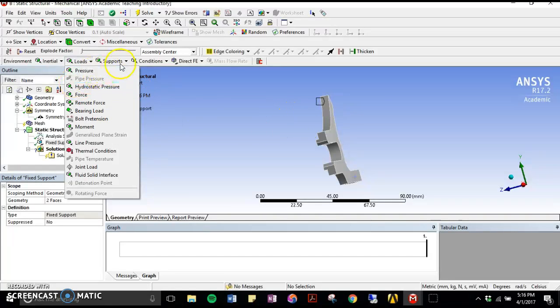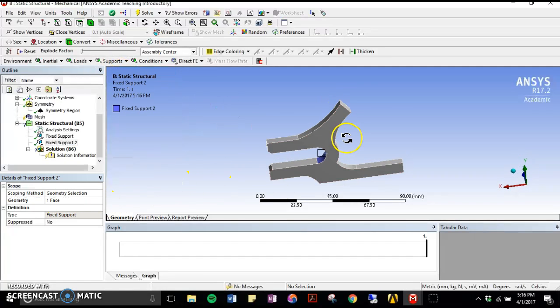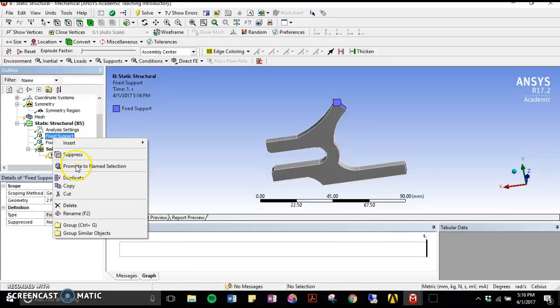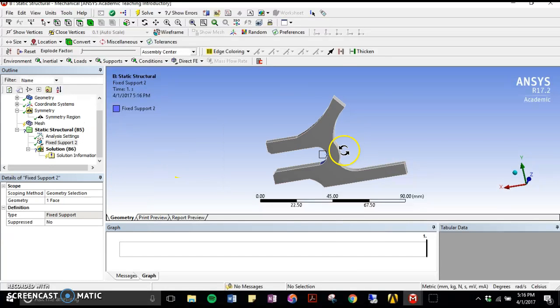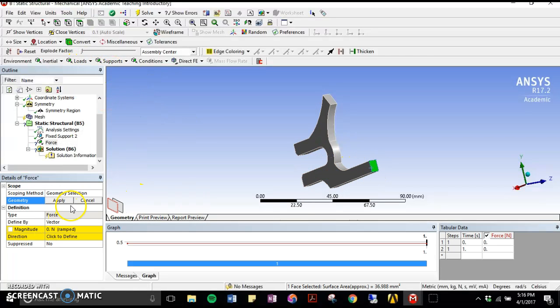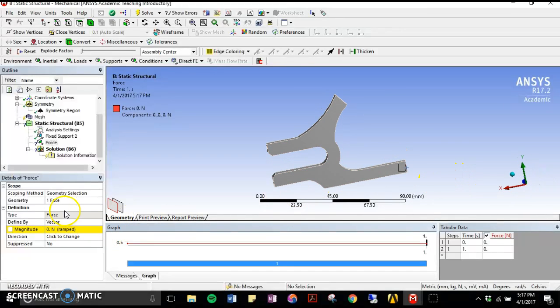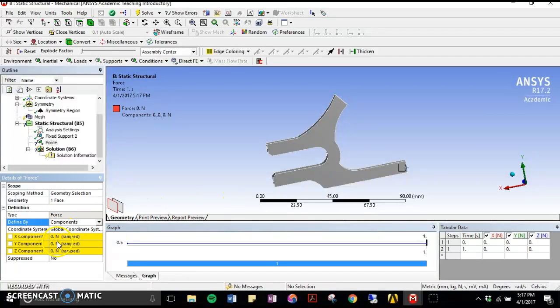Actually, a better way of doing this, I'm going to invert that. Apply a fixture there, and I'm going to delete that. So it'll be easier for you to apply the forces that you've been able to get out of your beam model as follows. So if you do apply that, and then I don't know what direction that's going in, but that's okay, I can just make it in the X direction. It'll be easier for you to apply your loads as found in your models